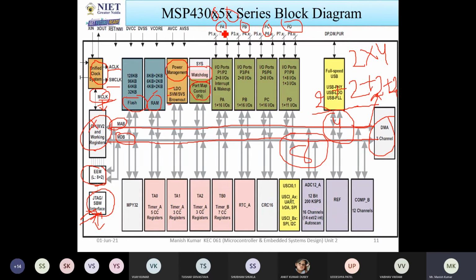Port A has port 1 and port 2. Port B has port 3 and port 4. Port C has port 5 and port 6. Port D has port 7 and port 8. With the help of these ports, you can connect any input or output devices.